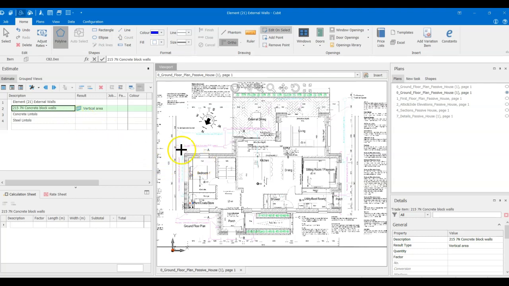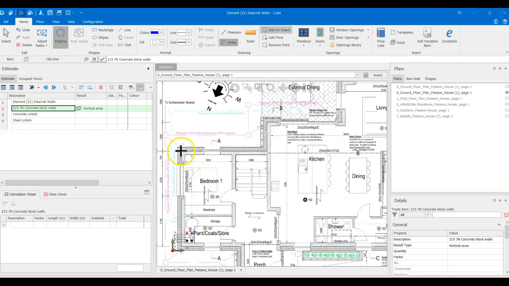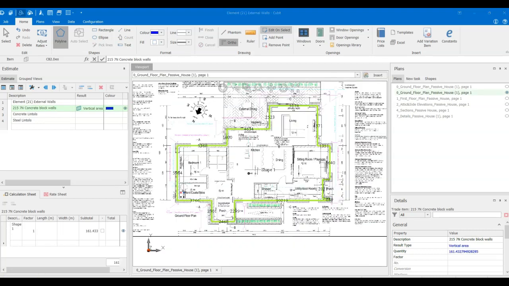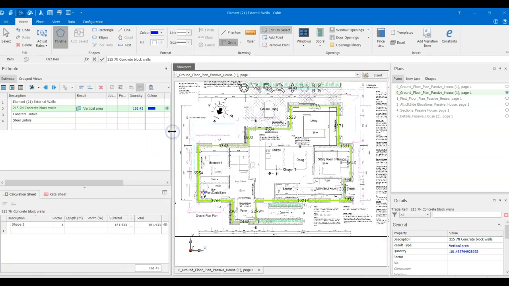So as we did before, we'll start with the external corner. We're in polyline, and we just start clicking. Click, click, click. There you go. So that's the beauty of modern technology. I can pause there so you don't have to watch me clicking. Once I get to the end, I just close that with the right button, and they all add up, and I can just widen that there and see what my measure is. So I have approximately 162 square meters for the ground floor,